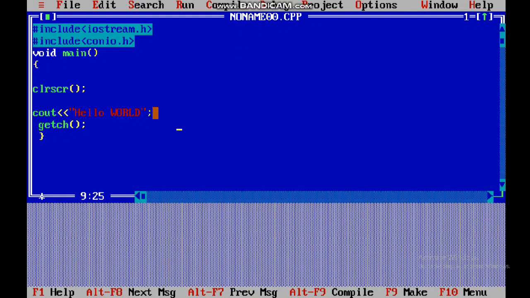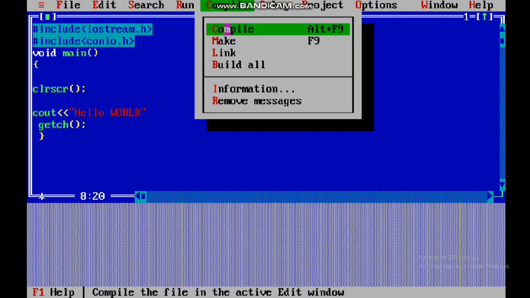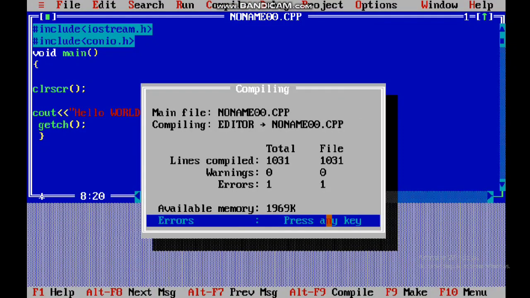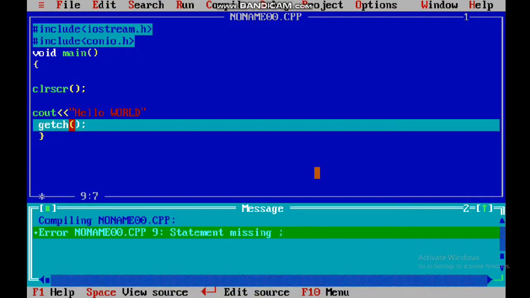Now suppose I just remove this semicolon from here, and now I'm going to compile it. Okay children, so compile. See, error. It shows one error. Now I'm going to press enter. Now it says statement missing semicolon. Whenever it is blinking on a line, it means sometimes on this line or before this line you might have an error.